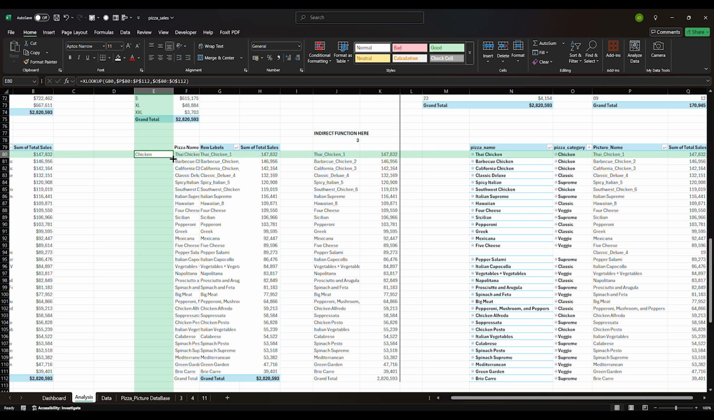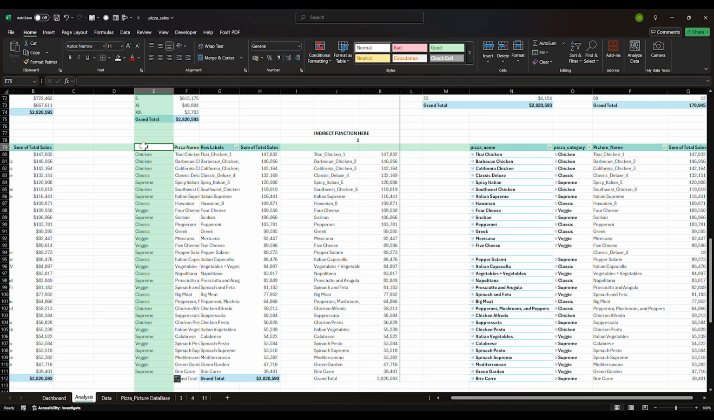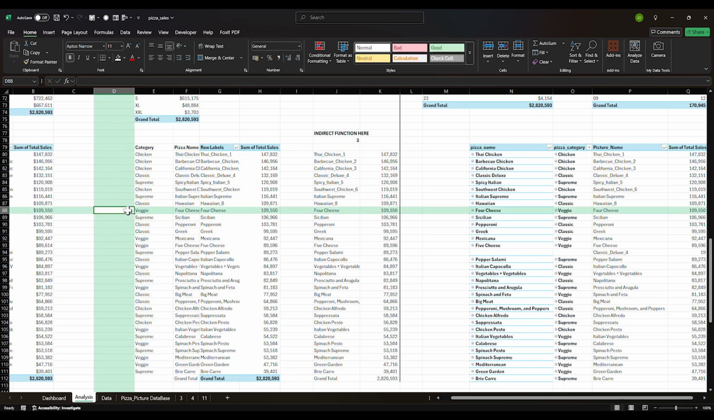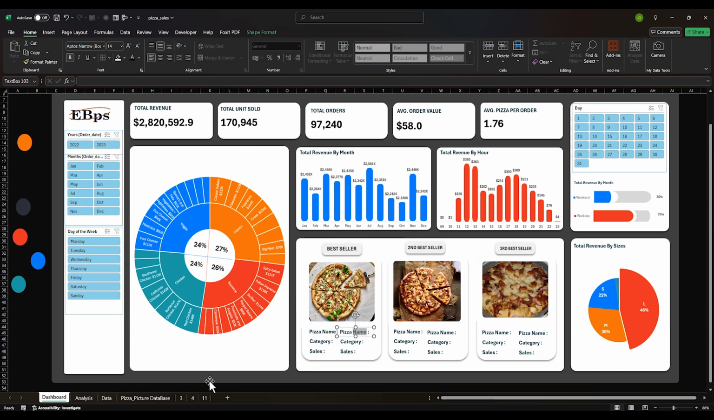Okay, and this is what we have. This is nice. You can also do the same for the pizza name, but I'm just going to leave it this way. And this is the category, so I'm able to display the picture, the pizza name, the category, and the sales amount. So let's change this,